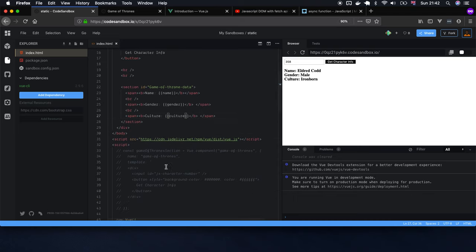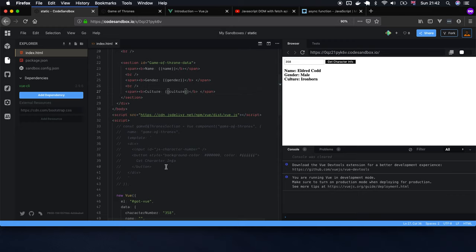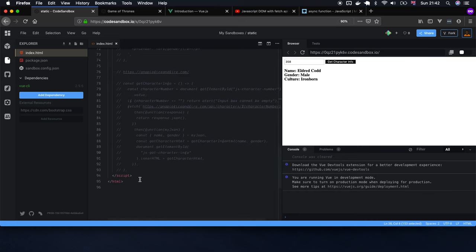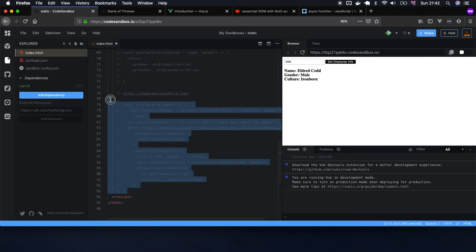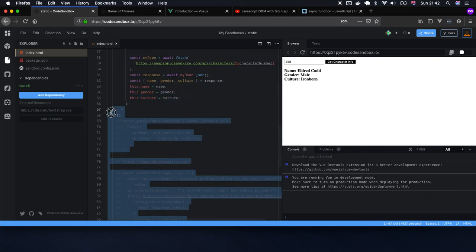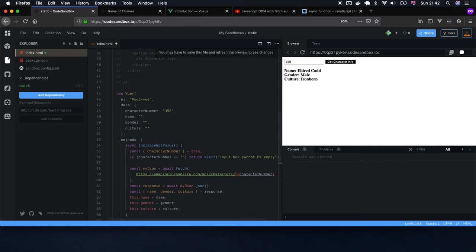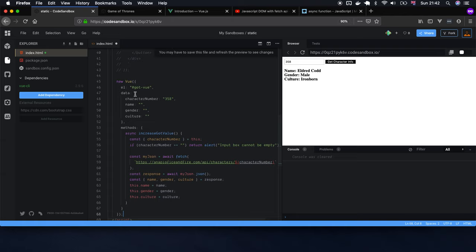Okay, so now what we have done is basically we have gone ahead to replace our old vanilla JavaScript Game of Ice and Fire requests and API with Vue.js. Now I'm going to comment out everything that we have here, the previous versions, but you see how lengthy it is. Now I'm going to comment it out, and we can have a small short syntax, and then I can go through what we have just done line by line and explain every part of it